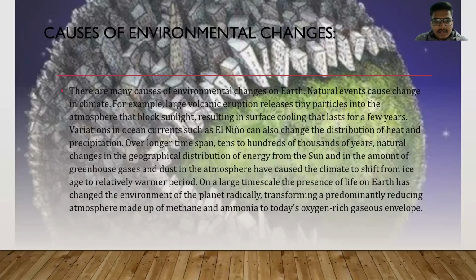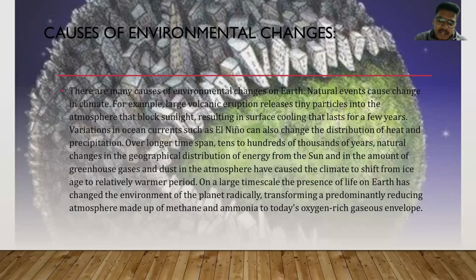Causes of environmental changes. There are many causes of environmental changes on Earth. Natural events cause change in climate. For example, a large volcanic eruption releases tiny particles into the atmosphere that block sunlight, resulting in surface cooling that lasts for a few years. Variations in ocean currents, such as El Nino, can also change the distribution of heat and